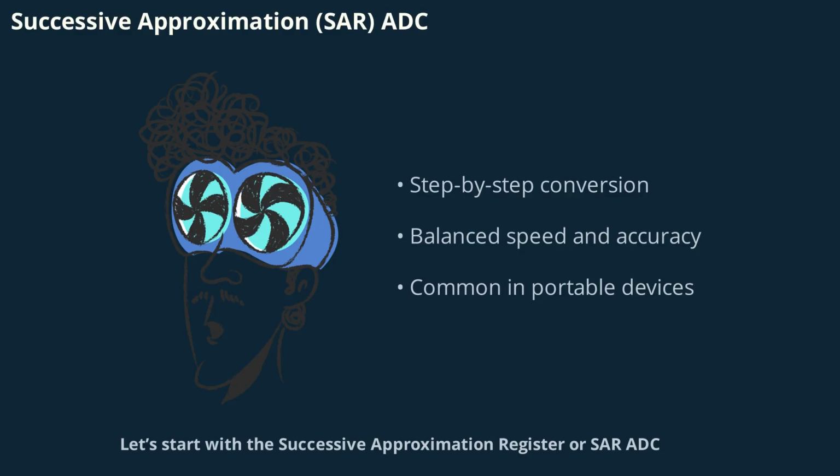Start with the successive approximation register, or SAR ADC. This type is one of the most popular in electronics today. SAR ADCs work by guessing the digital value step by step, getting closer to the actual signal with each step. Think of it like playing a game of hot and cold, narrowing down the answer. SAR ADCs offer a great balance between speed, accuracy, and power consumption, making them ideal for battery-powered devices and general-purpose